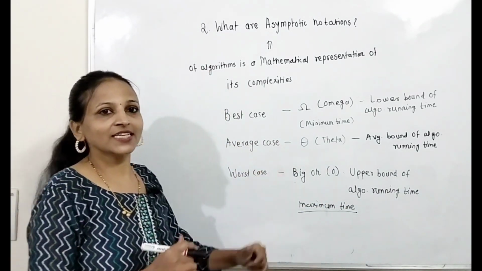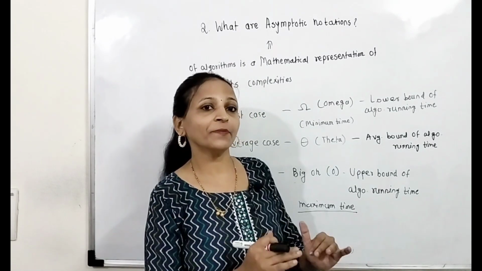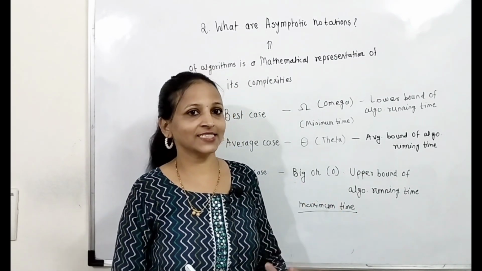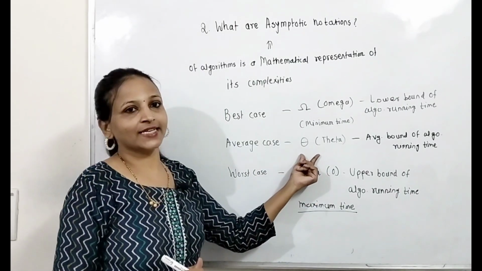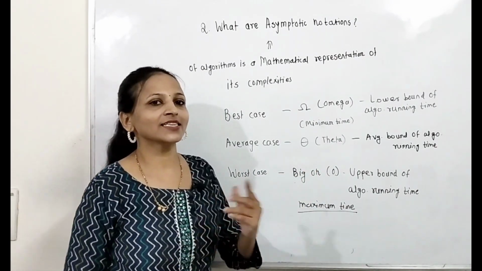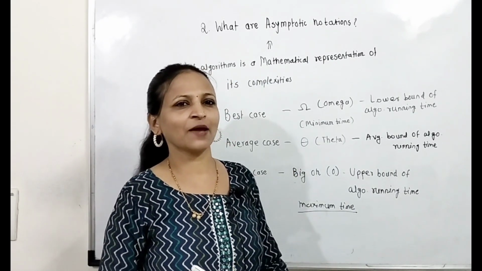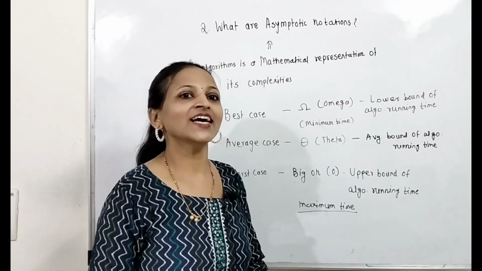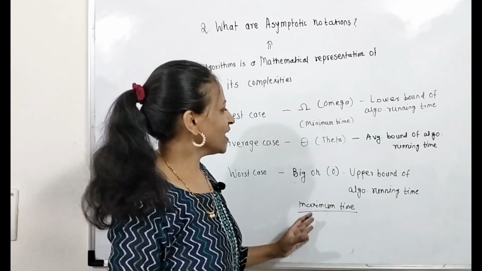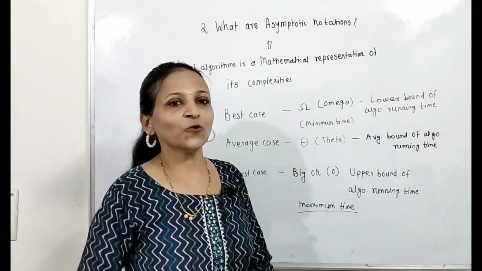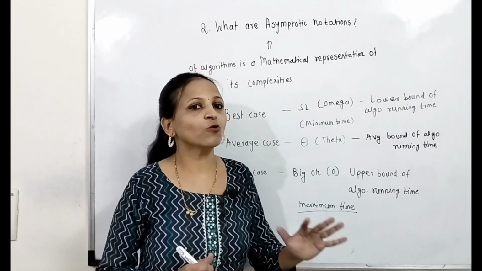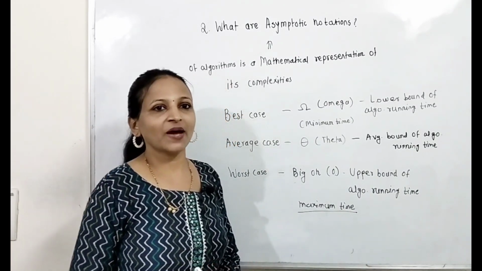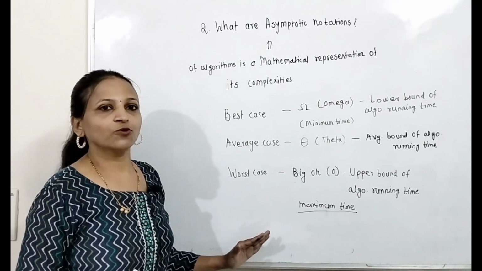Next, average case time complexity means the average bound of the running time, that is, the average time taken by an algorithm for its execution. That will be represented by theta notation. And the next notation, big O notation, is for worst case time complexity, meaning the maximum time taken by an algorithm for its execution. That is always the worst case, and it is represented by big O notation, which represents the upper bound of running time if you consider a graph. These are the 3 asymptotic notations. Just remember,